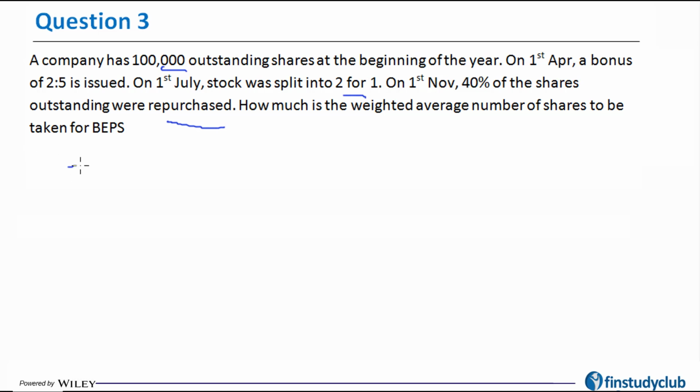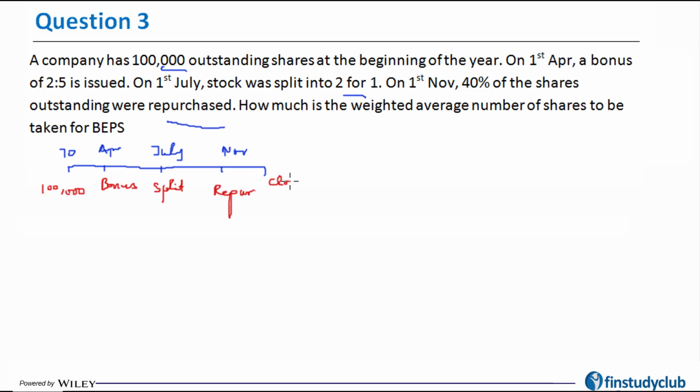So if I have to plot that on a number line, there are 3 events which are happening. So on April, on July 1st, and on November. So I have outstanding shares, then there was bonus, then there was split, and then there was repurchase, and then this is obviously the closing value. Now you would